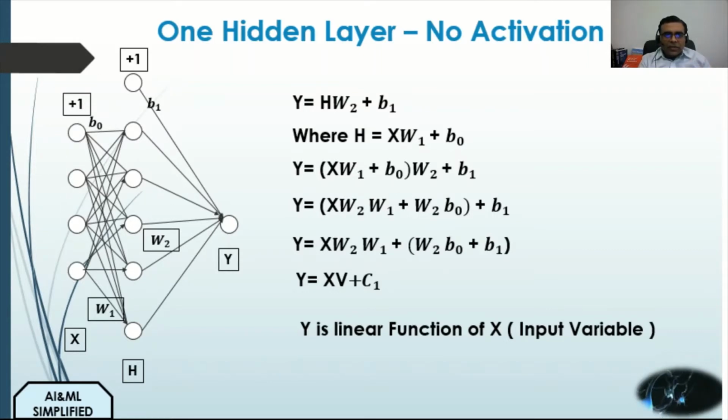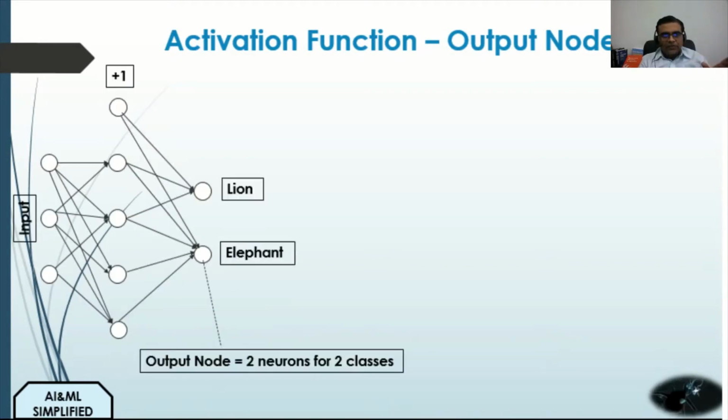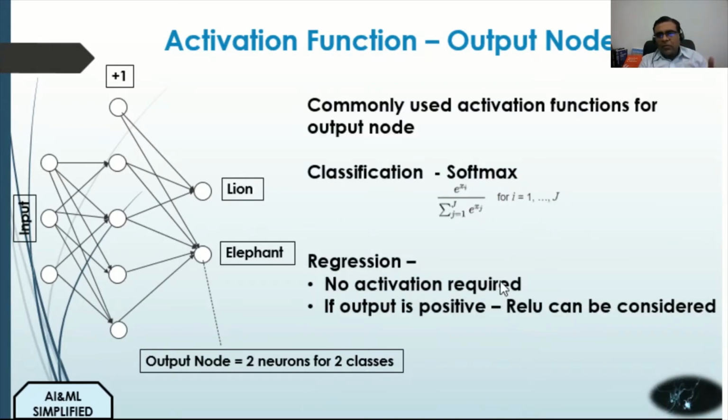So now let's look at some of the commonly occurring activation functions for the output nodes. In case of classification algorithms, and in this case we have shown a neural network, we typically end up using softmax as an activation function, and in specific cases of 2 classes, that is binary classification, sigmoid can also be used. And in case of regression, since we get the output value, an activation function may not be required. However, if all the values are positive, then ReLU can also be considered as an activation function for an output layer.